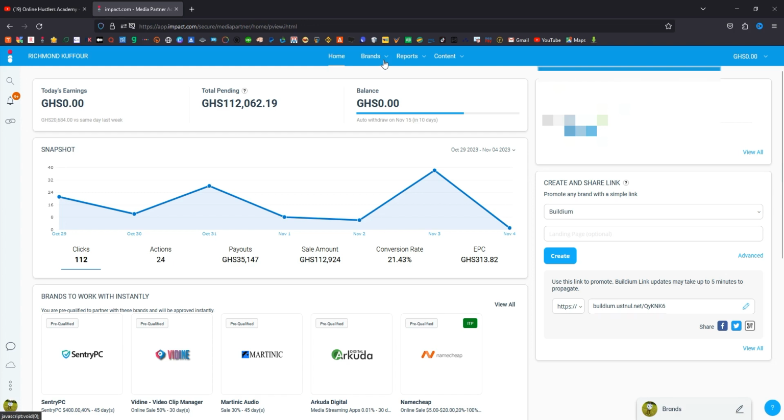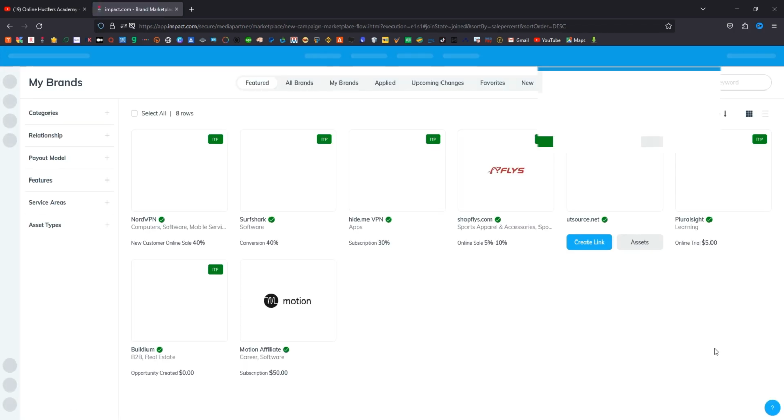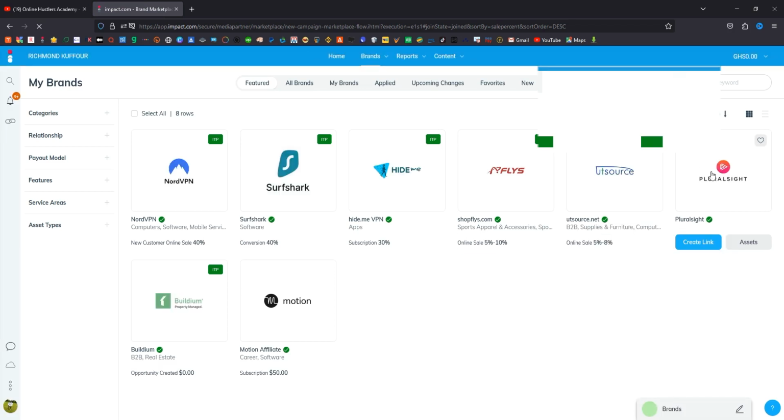So what you can do is go to the brand section and hit on find my brands. Yes, my brands over here. If you see that the brands you're promoting are no longer on the dashboard of your brands, that means they are no longer on the Impact account, so Impact will remove the pending payment from your dashboard. That means you're going to get 000 if you're promoting only a single